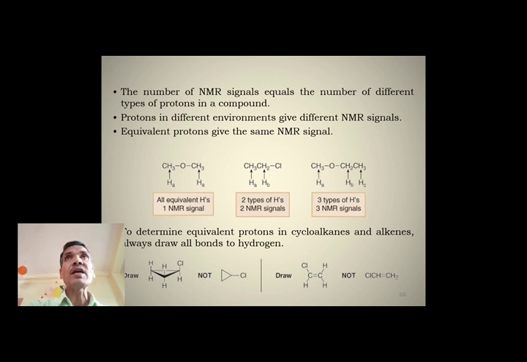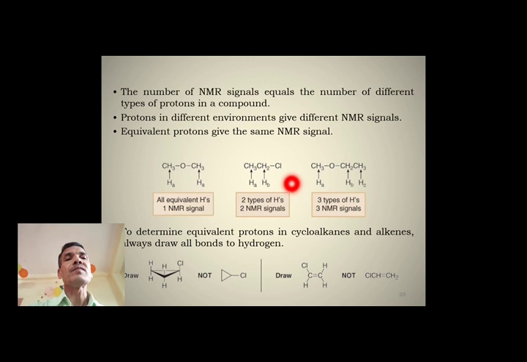As it contains 6 hydrogen atoms, all these 6 hydrogen atoms have the same chemical environment. Therefore, all hydrogen atoms are equivalent and hence dimethyl ether gives only one signal. While in case of ethyl chloride, the molecular formula is C2H5Cl. Here we can write the structure for ethyl chloride as